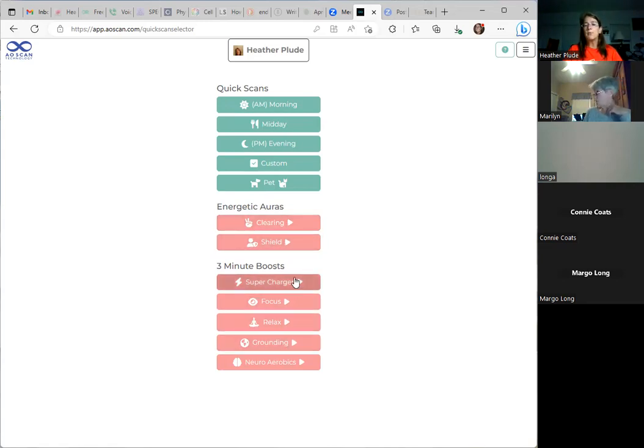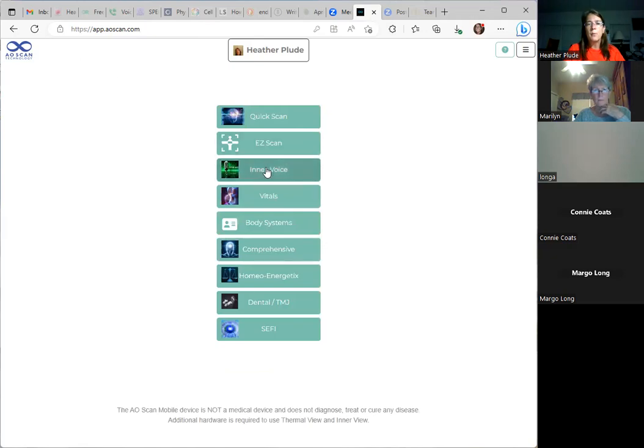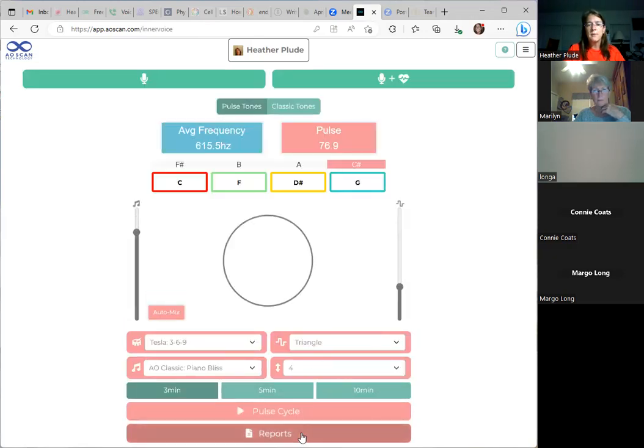And these 3-minute boosts down the bottom used to be the only way that we could get these. When we get the new inner voice, these are some of the music that's behind the frequencies in the inner voice. But we used to not be able to get these except here. But now I think if I were to do any of these, I would rather do 3 minutes with my frequencies behind them. So you'll see when we go into the inner voice,